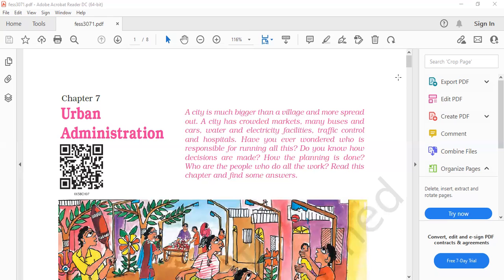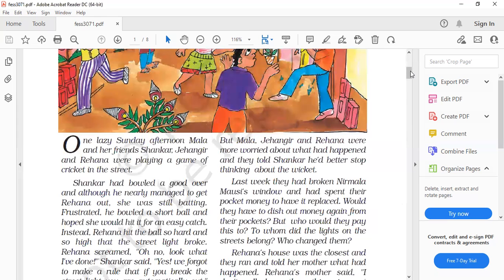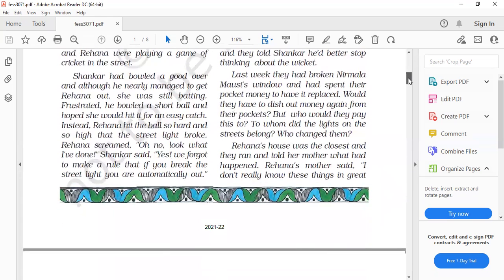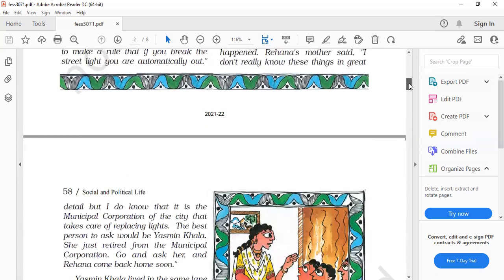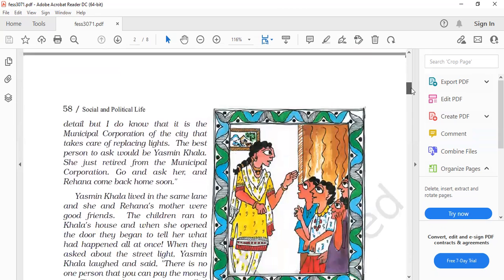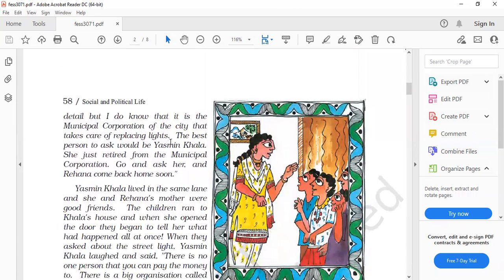So let's start with the story. Here you can read a beautiful story, how it started. There are no such questions in this paragraph. It's a story to start the concepts. Then here, underline this line, that is